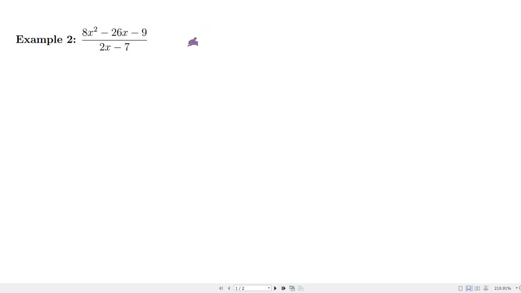So to set this up, you're going to do 2x minus 7, and we're going to divide the 8x squared minus 26x minus 9. So we cover up everything that we're dividing by except for the leading term, 2x. And what do we need to multiply 2x by to get 8x squared? Well, we would need to multiply 2 by 4. Oops, this should have an x here. We would need to multiply the x by x, so 4x. Just double check yourself: 4x times 2x is 8x squared. So that's the correct